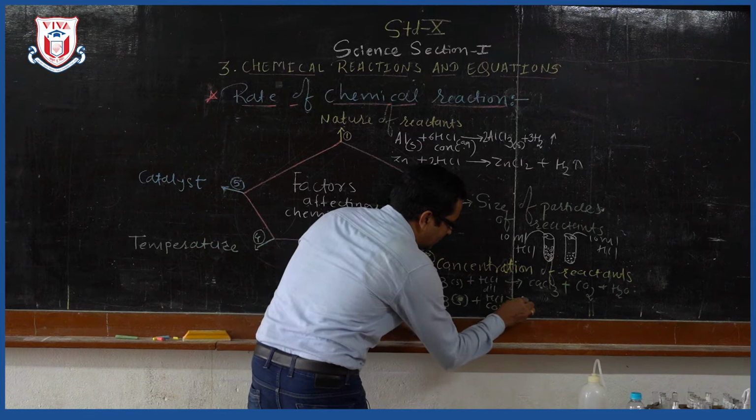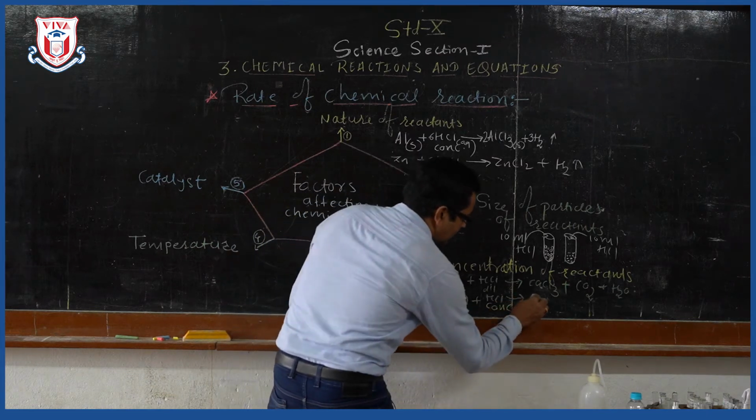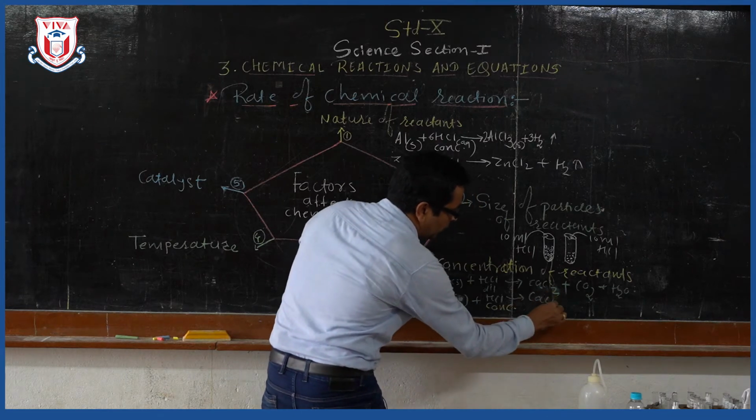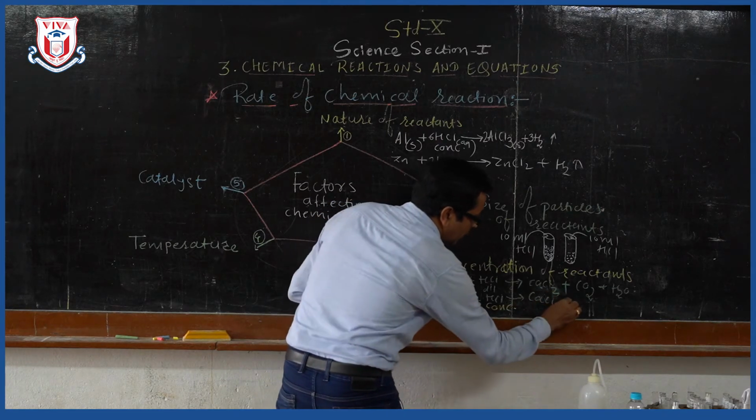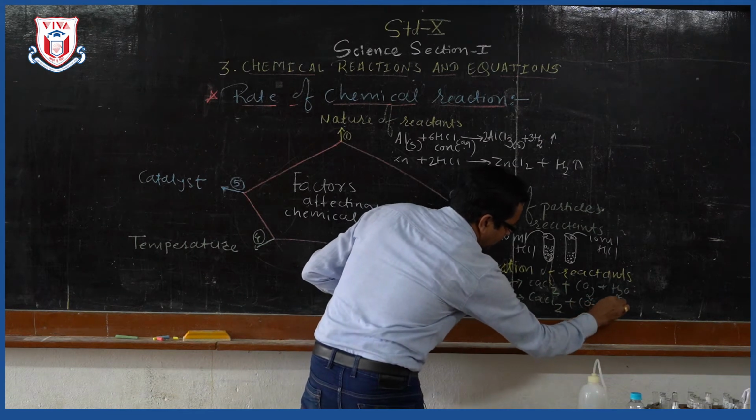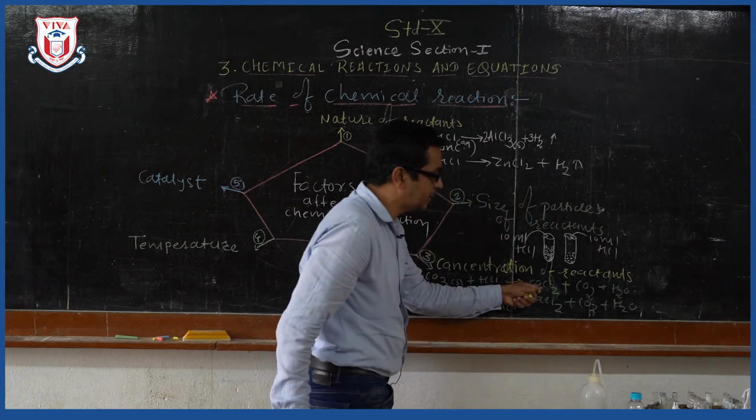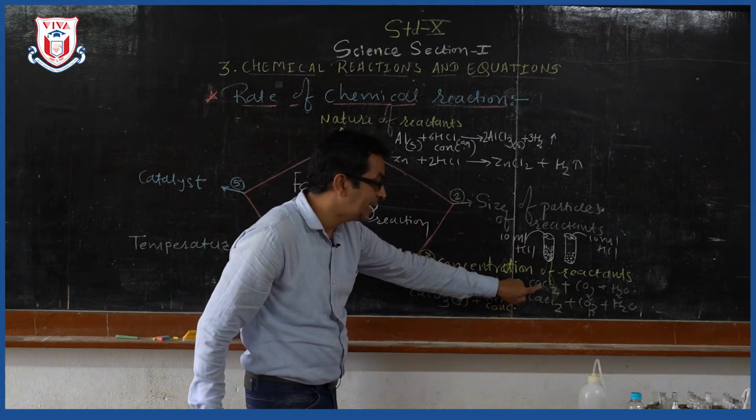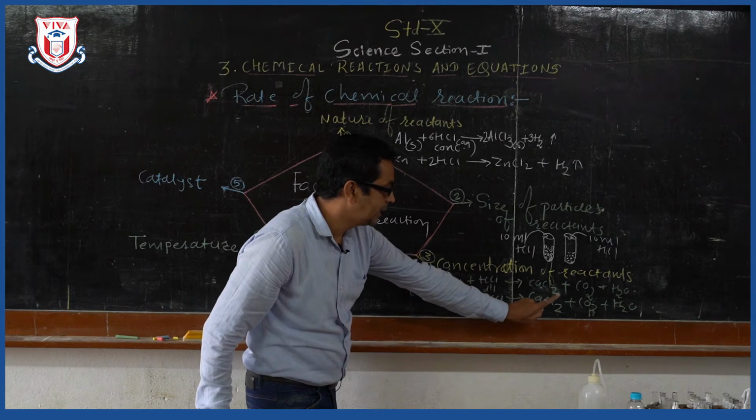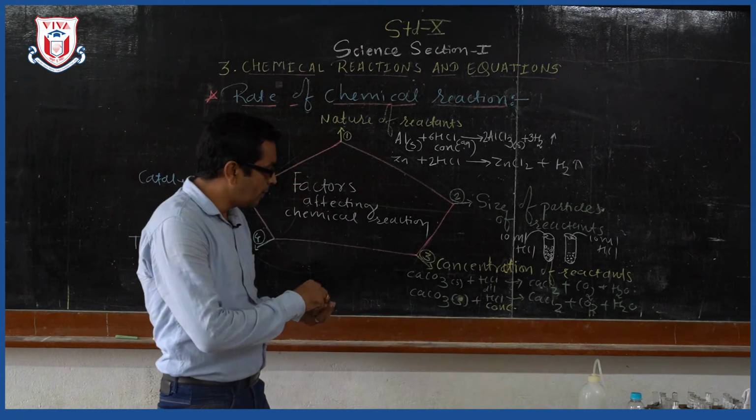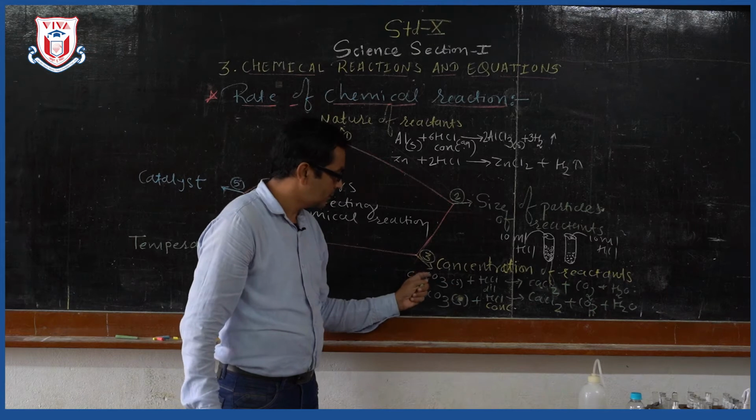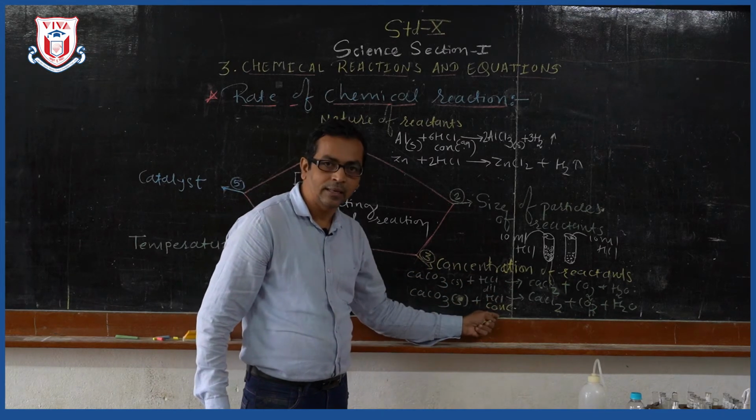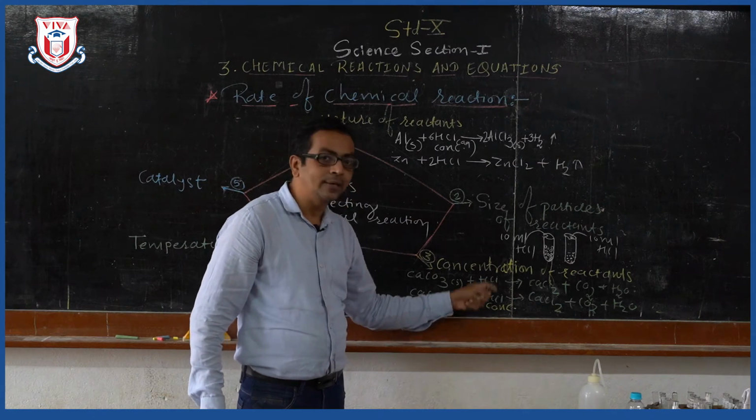Again I will get the same thing, that is CaCl2, not CaCl3, CaCl2. Here also CaCl2 plus CO2 plus H2O. The valency of calcium is 2 and chlorine is 1, so definitely it will not be CaCl3, it will be CaCl2. But here you will observe that the reactants are the same, calcium carbonate and HCl, but the concentration of HCl